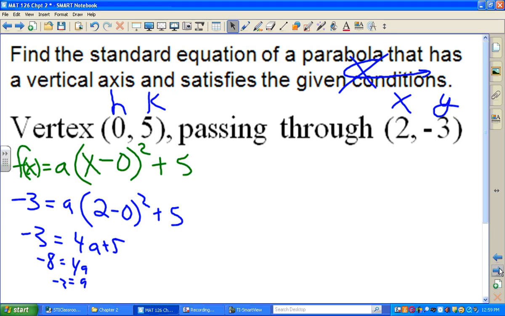What do you get for an answer? What'd you get? Same thing? What'd you get? Nice. It must be right. Any questions? It's not too difficult now once you get the hang of it, is it? If you can find the equation of a line, and you can find the equation of a quadratic,